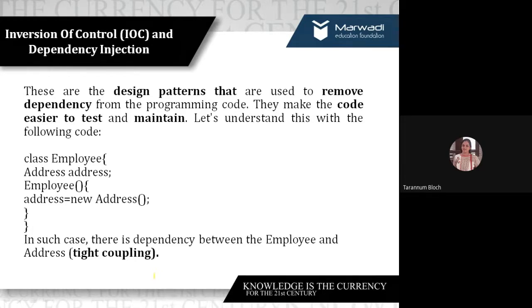Suppose in class Employee there are 5 different functionalities, and to access all those 5 functionalities we need the object. In a similar way, for address-related functionality, you need the object. But if the creation of the Employee object fails, the instantiation of Address will also fail. So this is called tight coupling. When dependencies among the modules are high, we call it tight coupling.